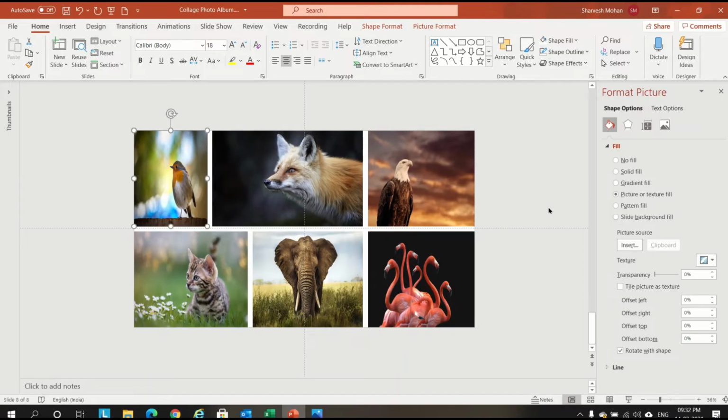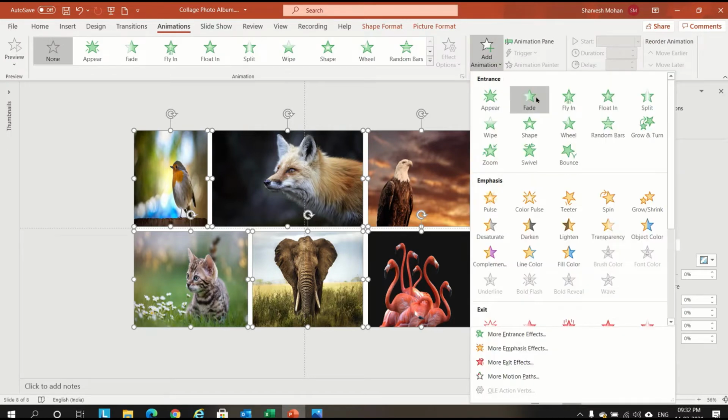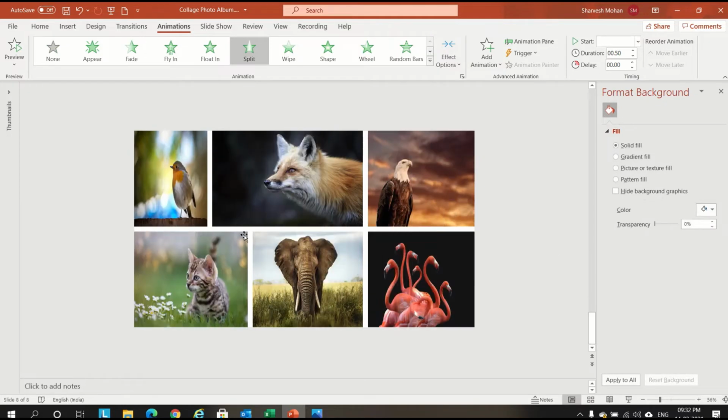Now we'll give an animation for each rectangle. Select all, go to Animations, Add Animation, and we'll give this one, Split.